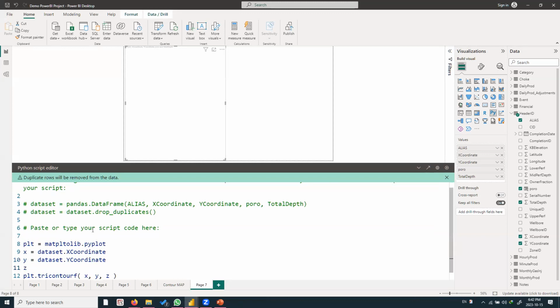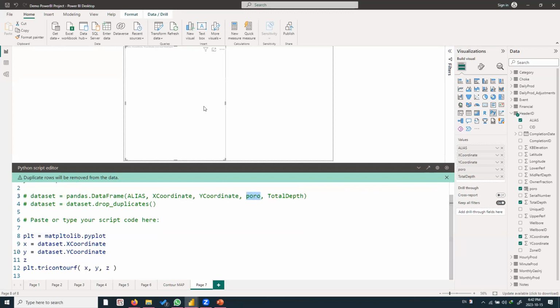And for the Z, it depends on what you're trying to do. Either you can plot the porosity to generate a porosity map, or you can just use the total depth to plot out the depth that corresponds to each specific formation at that specific well location. So first, let's start with the total depth. So dataset